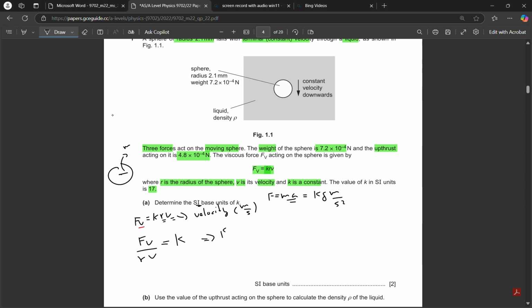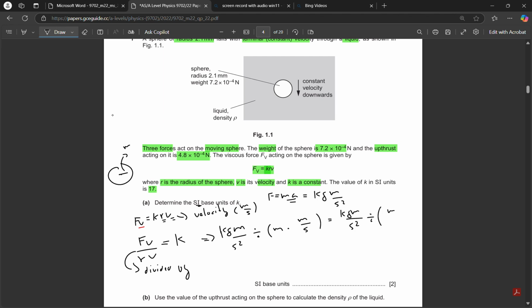So kilogram meters per second squared divided by, remember, every time you see a fraction, it means divided by, the radius multiplied by the velocity, and that's just going to be meter multiplied by meters per second. This can be simplified to kilogram meter per second squared divided by